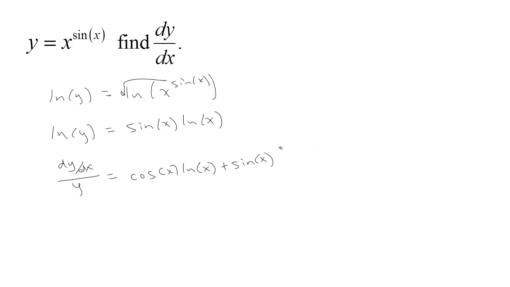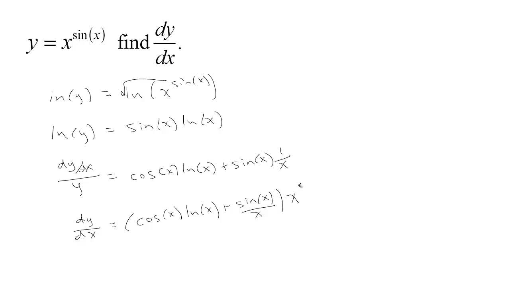The derivative of the natural log of x is 1 over x. If I multiply both sides by y, I get cosine x ln x plus sine x over x times y,